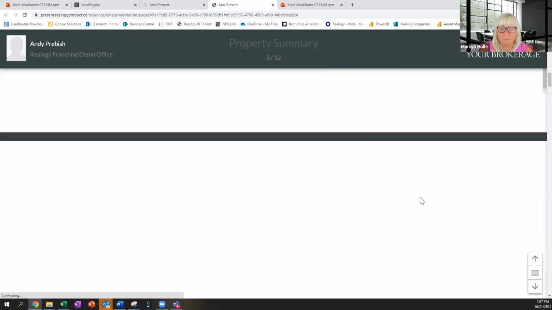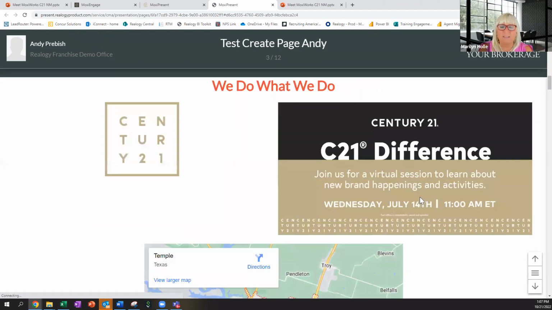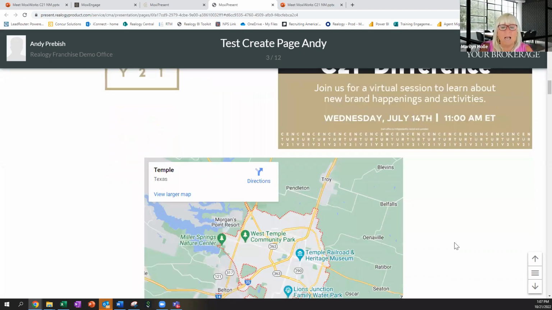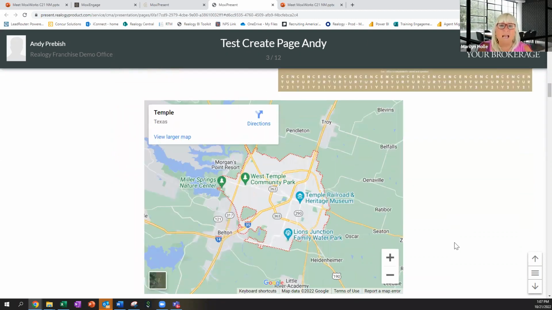And then as we move down, this is a test create page. So he's talking about what we do different, and he embedded a map. We have classes every single Friday, so for the next 4 Fridays, we will go one tool per week. We'll go in more depth, and you'll be able to learn how to put an interactive map in here